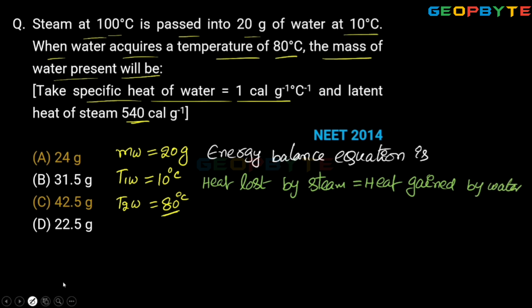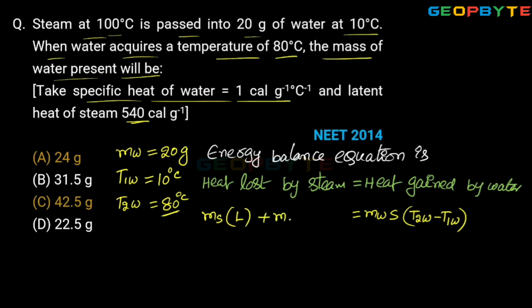First, let me write the heat gained by the water. Heat gained by the water is mass of the water into specific heat of the water into final temperature of water minus initial temperature of water. It must be equal to the amount of latent heat transfer. Let ms be the mass of the steam. Mass of the steam into latent heat L plus mass of the steam,